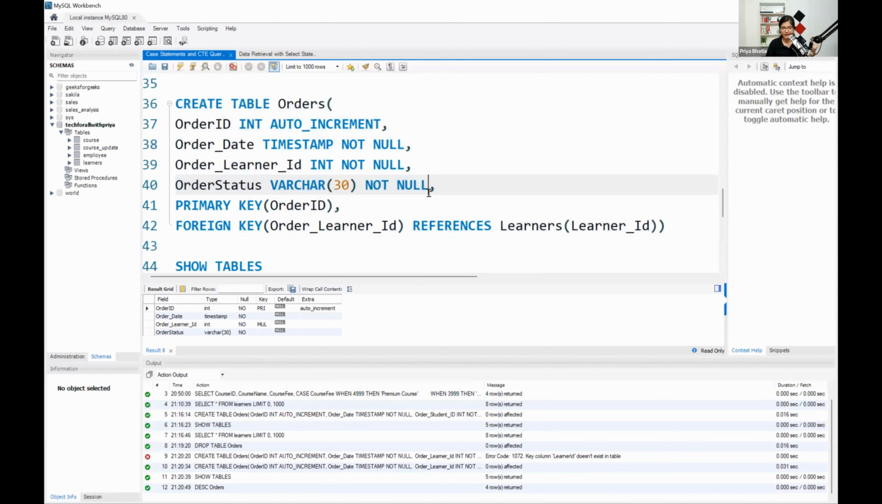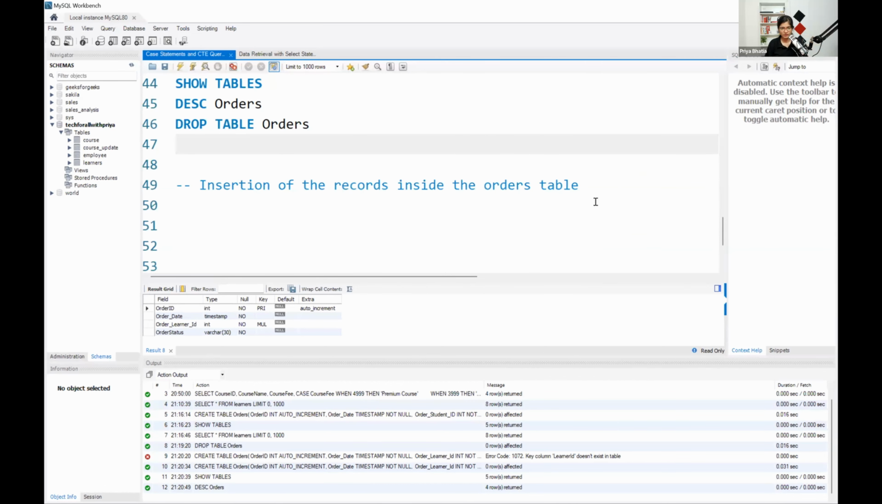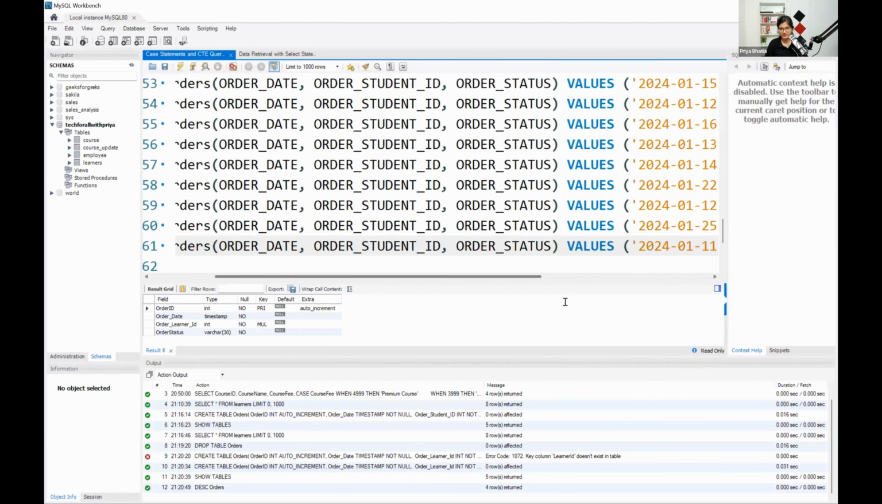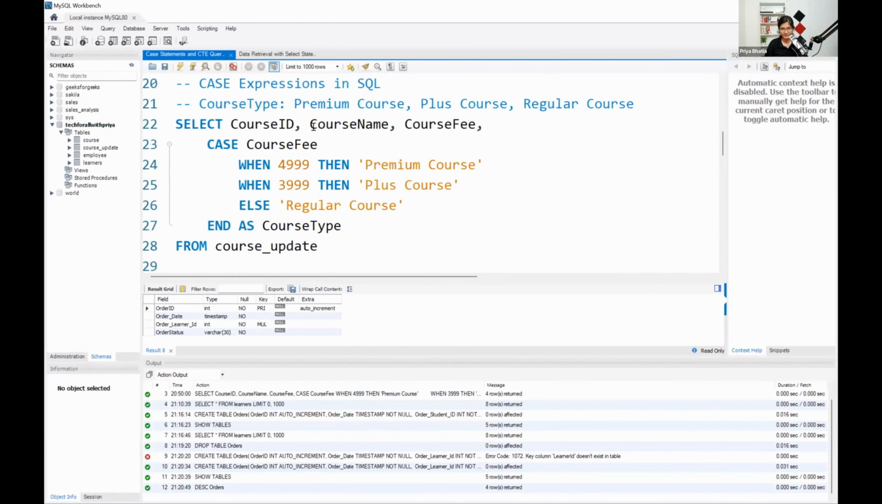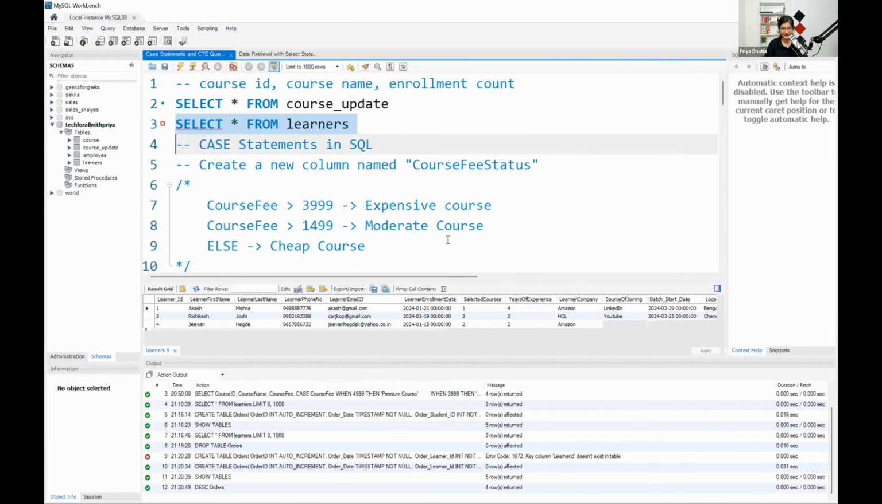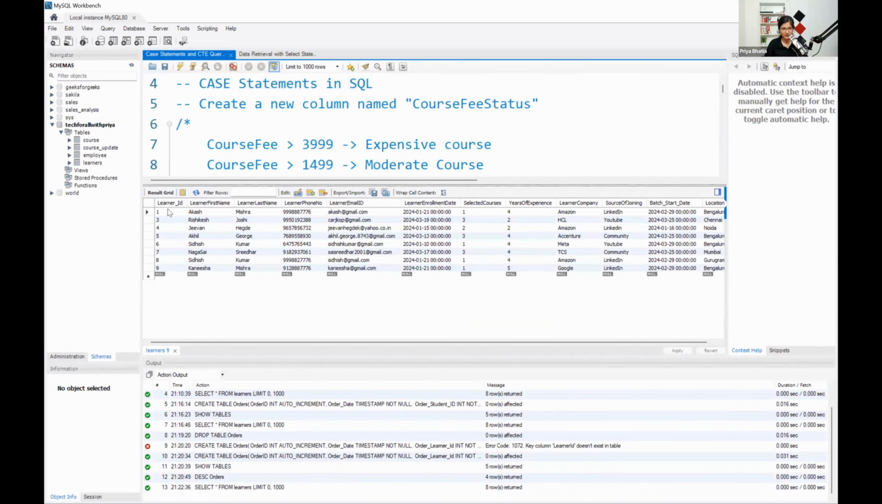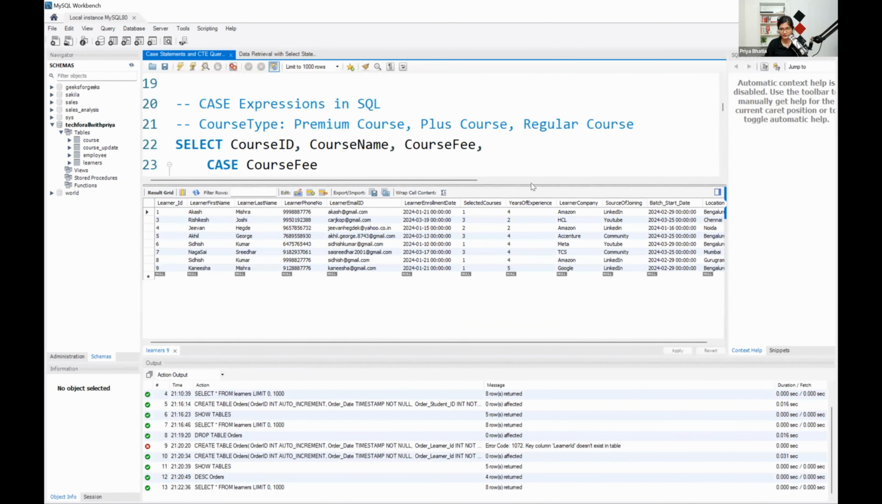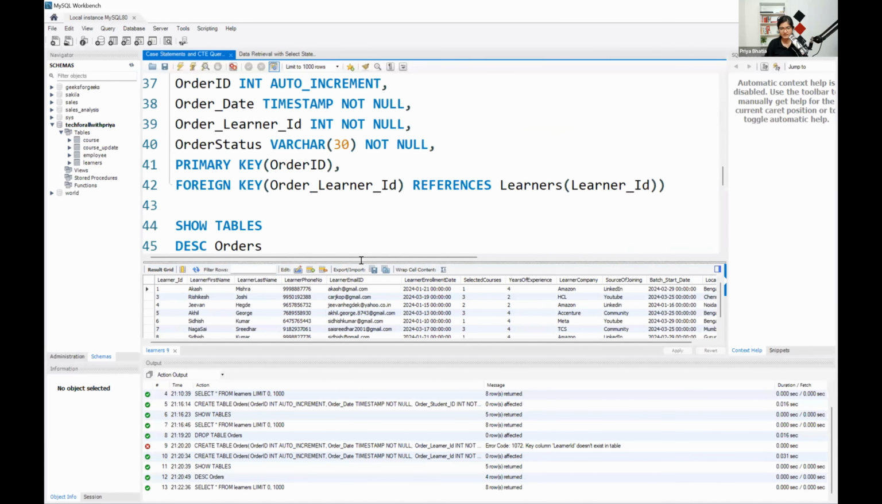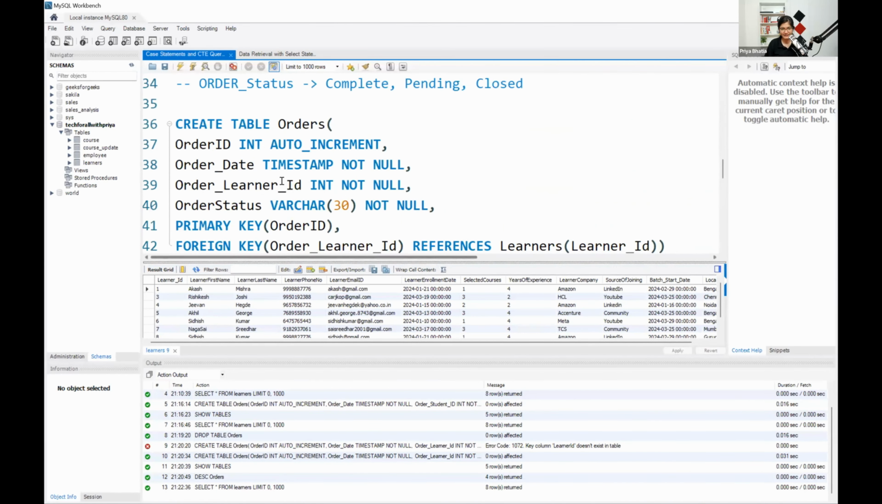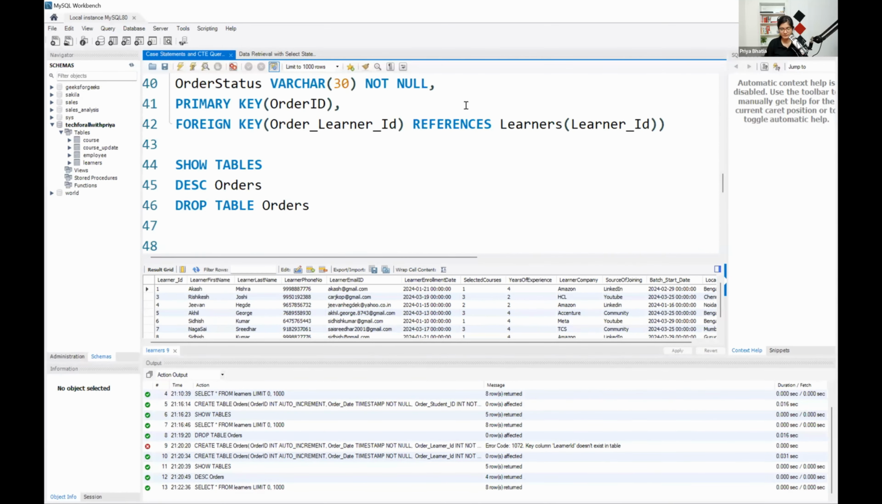Now, if you observe order ID, we don't need to write it in the insertion part per se. We can just start with the order date, then order learner ID, and the order status. Three things only we have to insert. So I'm just trying to write a few insert statements. Let me check the ID of the learners, because that is what we have to think. 1 to 9, only 2 is not there. So I just have to make sure in my insert statement, when I'm writing my order learner ID in the insert part,